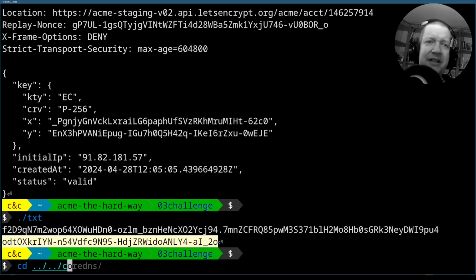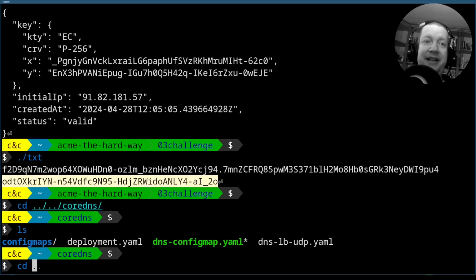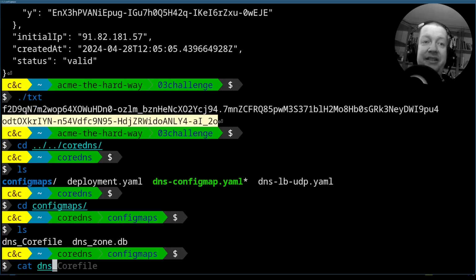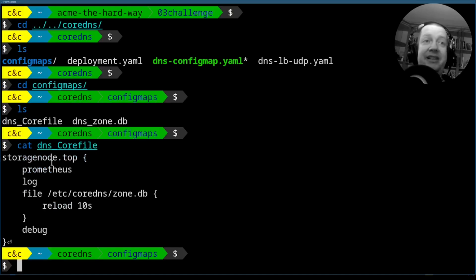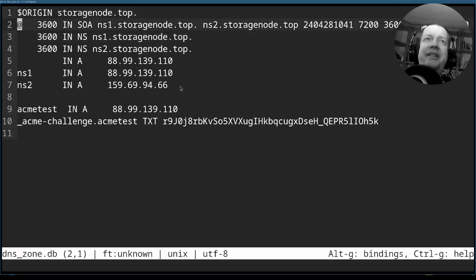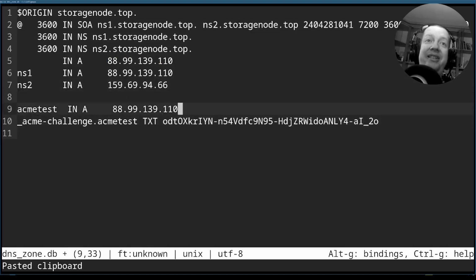So what I will do is just check my DNS server. I have a DNS server here, and this is CoreDNS, so it's very simple and pluggable. And it says that the storage node top zone is served from this file. So I should check the zone file itself. This is a pretty standard zone. It's just generic. It says that these are the name servers, these are answers for the name server queries, these are answers for the A queries, the IP address, and this is what I should modify, because this is the convention that, okay,